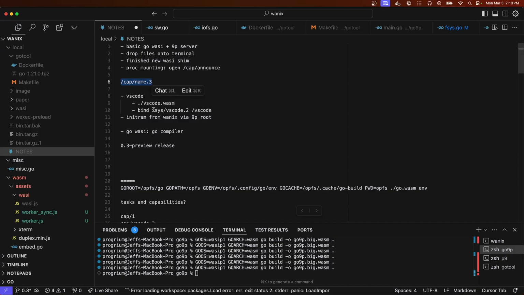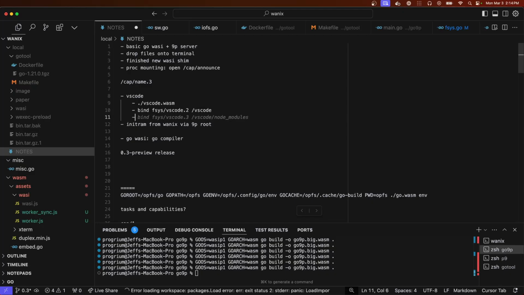And then if we wanted to, we could create a bind, so it would just be /VS Code. So then in VS Code, there would be like an index.html. And then we would be able to use the DOM, create an iframe that points to service worker.